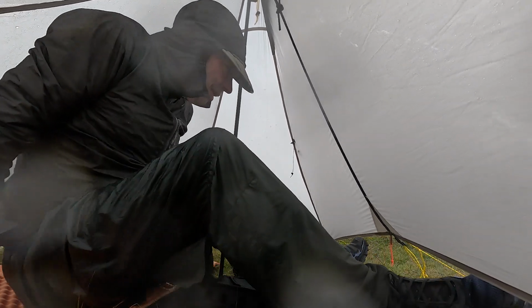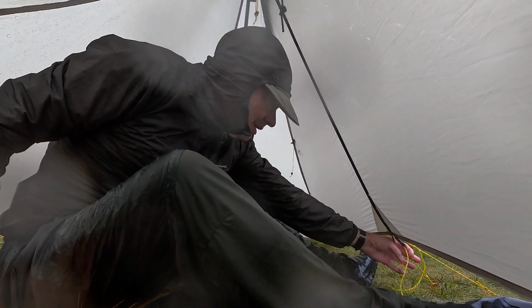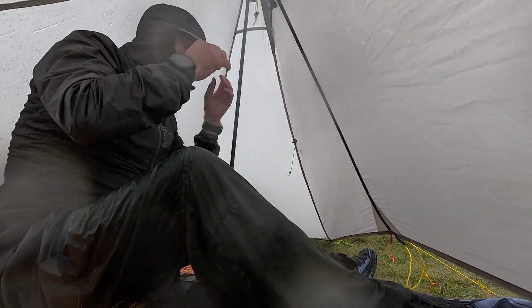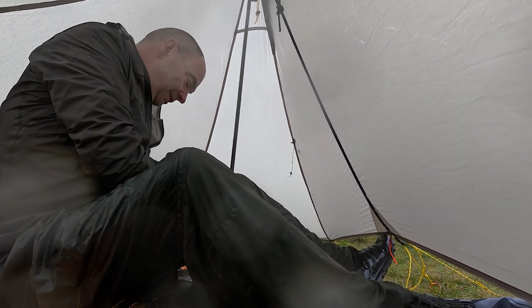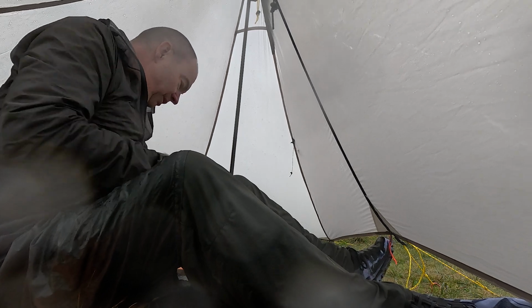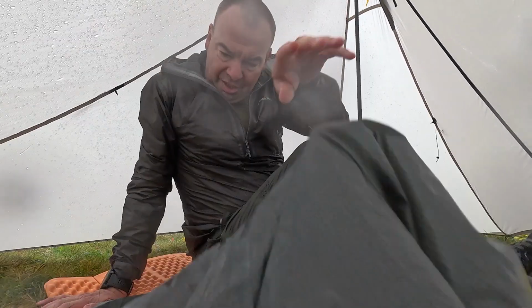Well, we've made camp. And we are pretty soggy, so I think we're just gonna take a minute to just, I've closed the door because it's quite breezy, and I think the integrity of this shelter is better